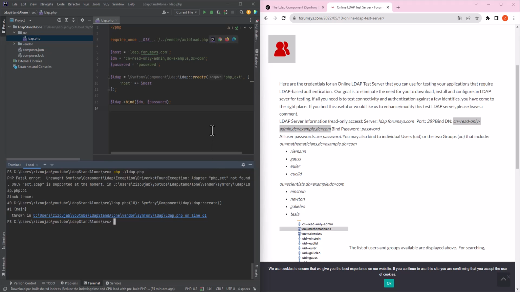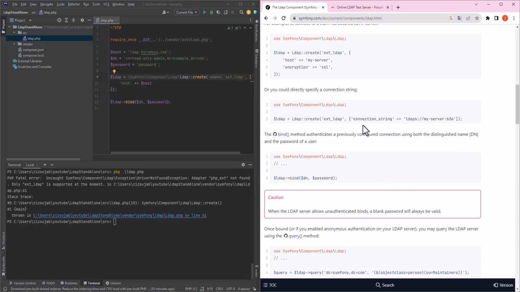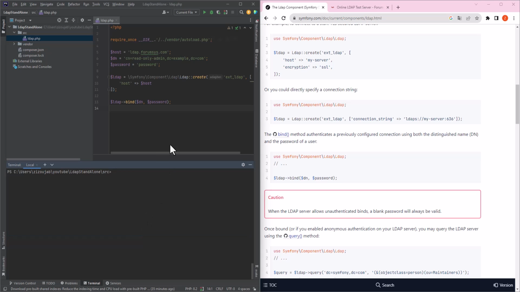Why? Because it is not named PHPX, rather it's ext-ldap, and it's available in the Symfony component. If you are wondering, it should be somewhere here. Yes, ext-ldap. So if I re-execute my command, I don't have an error, which is a good sign, because